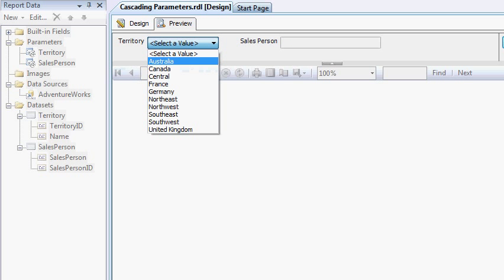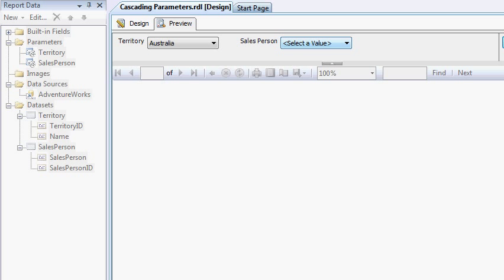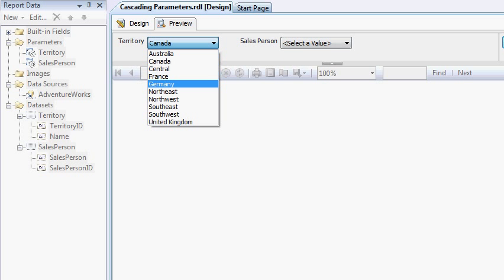Preview, so I'm going to select a territory. We'll go with Australia. And you see I have two salespeople from Australia. And then I'm going to choose Canada. It's going to change my salespeople to be the salespeople in the territory of Canada. I'll show you one more. We'll go Southeast,